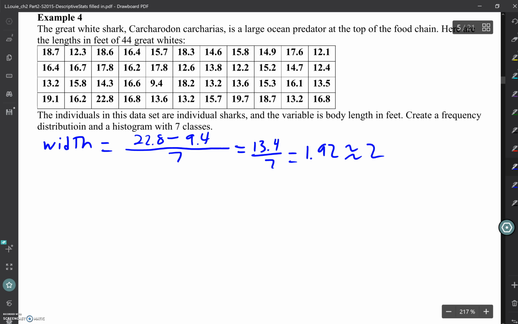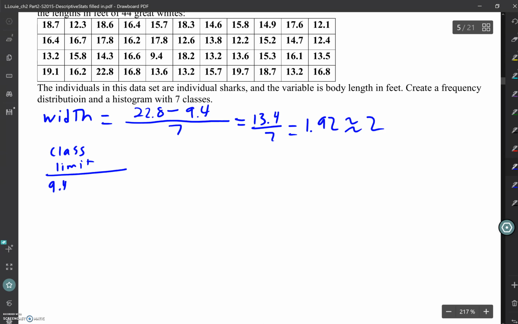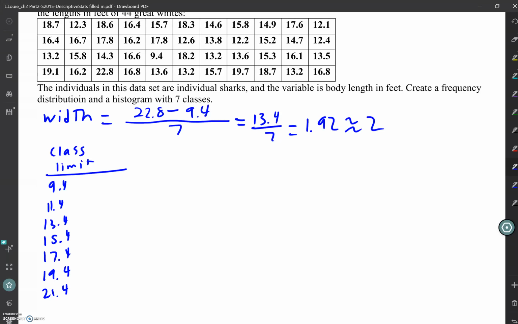And again, I'm going to start my class limits at the minimum because there's no reason to go any lower than that. So we'll start at 9.4. And then if I add 2, we'll get to 11.4 and 13.4, 15.4, 17.4, 19.4, and 21.4. Then at first I'm going to have a